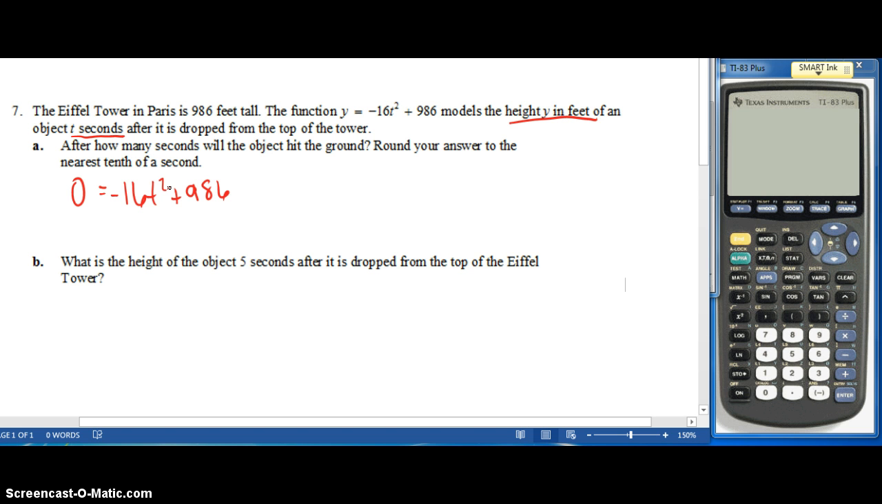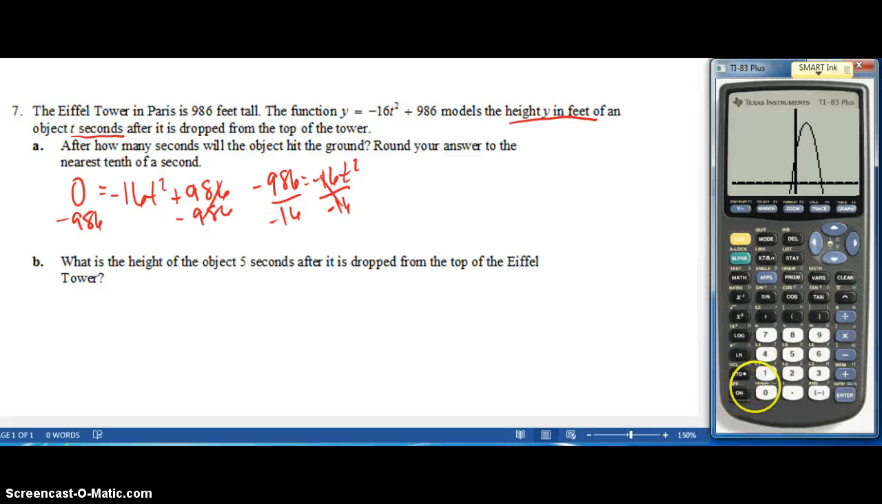We also, in this case, can use solving by the square root method, which we can subtract 986 on both sides. We're left with negative 986 equals negative 16t squared. Then we divide by the negative 16. We go to the calculator. Negative 986 divided by negative 16 is going to give us